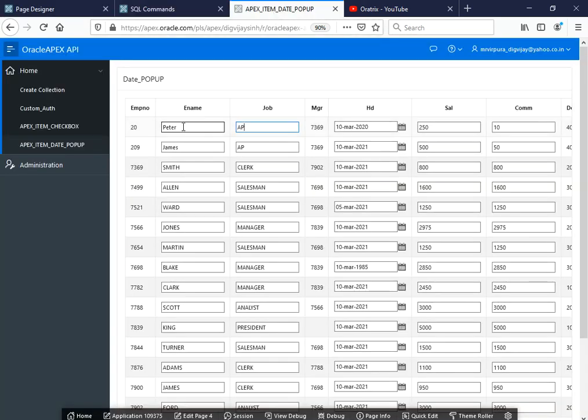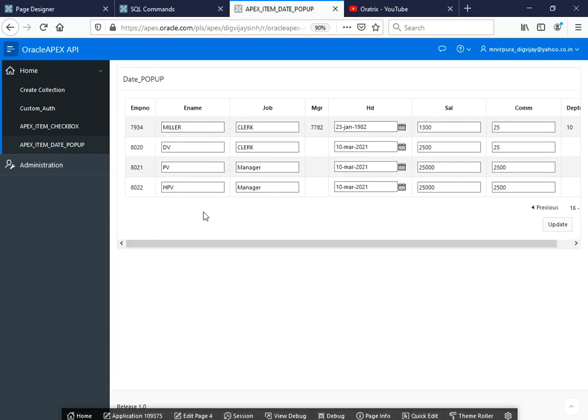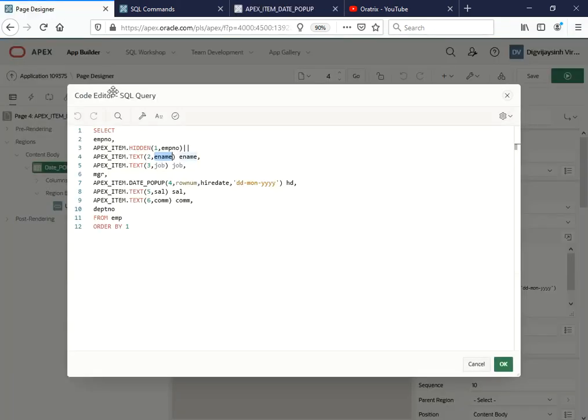If there is one record, you will have one text field. If you have two records, there will be two text fields. However many records you have in your database, the text fields will be displayed dynamically, depending on how much data you have in your database. So it displays like that.